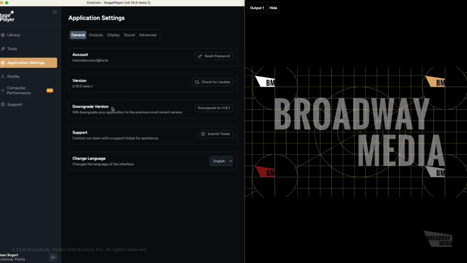The next option is Downgrade Version. We sometimes downgrade you to a different version of StagePlayer if you're having particular issues that might be related to the hardware that you're using. I would not recommend downgrading StagePlayer unless you are told to do so by a member of our support team. Speaking of support,